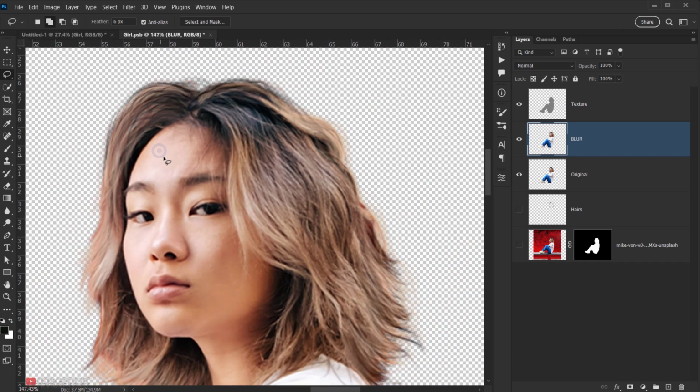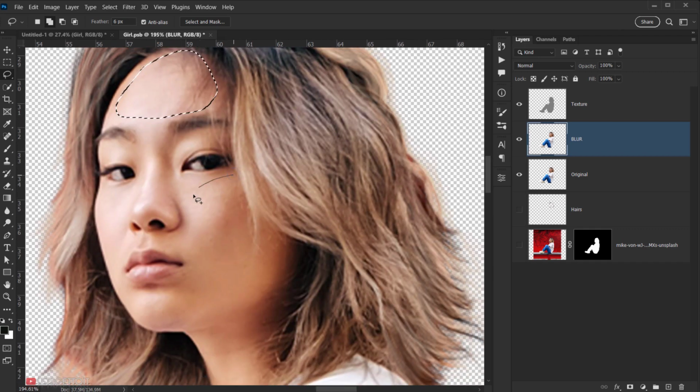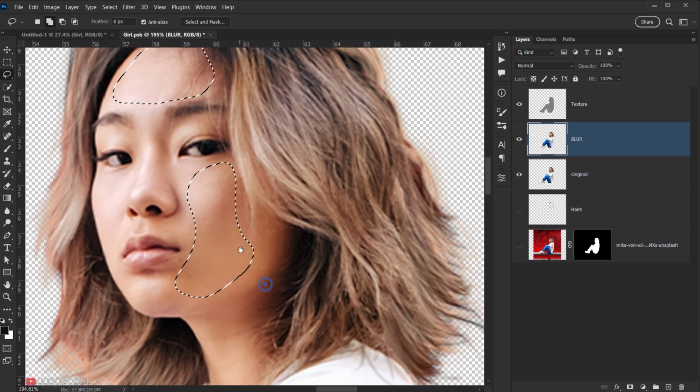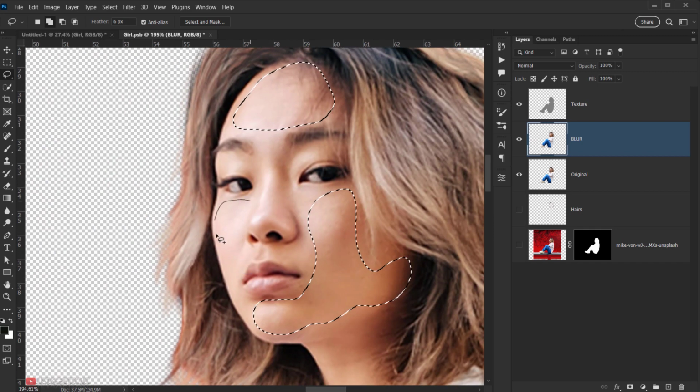And then I will start to make a selection in the area that I want to apply my frequency separation. But as you can see in here, I have it set to merge, which means that I can make more than one selection. And I will show you, you can just make a selection in the forehead in here, just like that. And then I will go to the cheek, for example, and make another selection in here. And as you can see, I have both selections in here. I want to add this area in here and a little bit in here, and also this part, just like that,